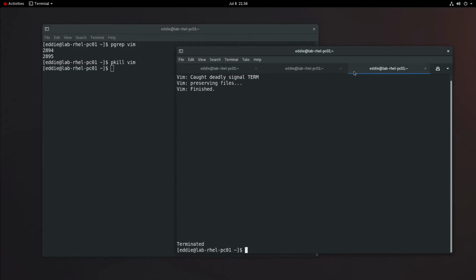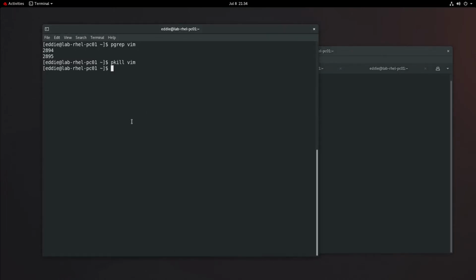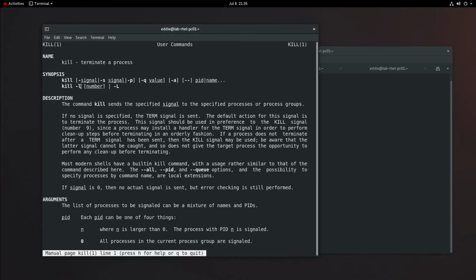So be careful when you use pkill. You might kill processes that you're not necessarily wanting to have slain. Otherwise, you can actually use the kill command. If I were to do man kill, you can see the format here. You'll give it the signal number. You can also do the signal word, I believe, too, like SIGTERM, SIGKILL, and then the process ID